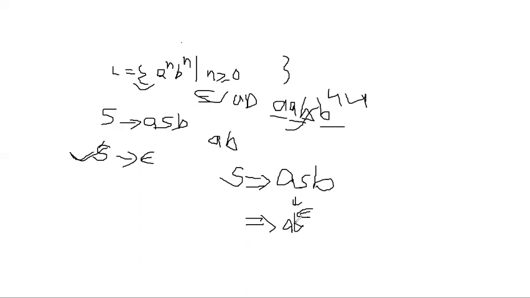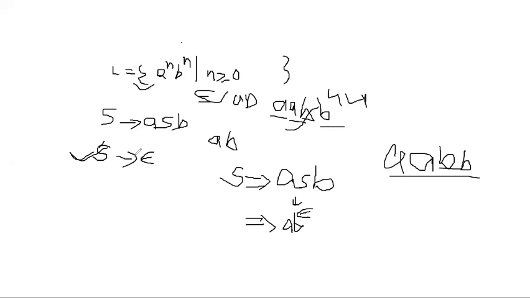Any number of A's and any number of B's are required. Suppose two A's followed by two B's are there. Then use S implies ASB two times. First take S implies ASB, again replace S with ASB, then we get two A's and two B's. Finally replace S with epsilon. So based on the required number of A's, you are supposed to repeat the substitution of S implies ASB those number of times. But in the earlier case, we already had S implies AB, so we repeated the ASB substitution n minus 1 times and finally replaced S with AB.